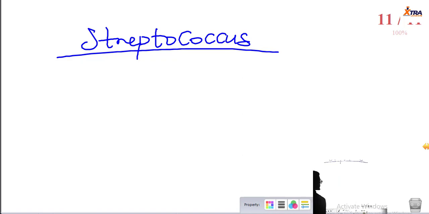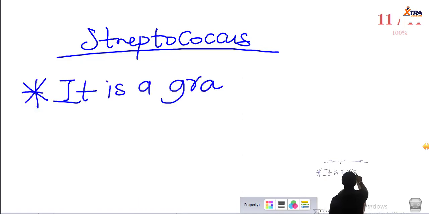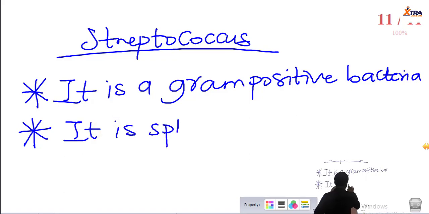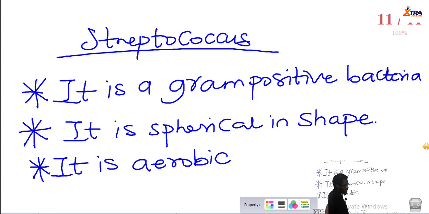Okay, so Streptococcus is a gram-positive bacteria. In this case, we say gram-positive cocci. It is spherical in shape, and is aerobic. Now, the Streptococcus species